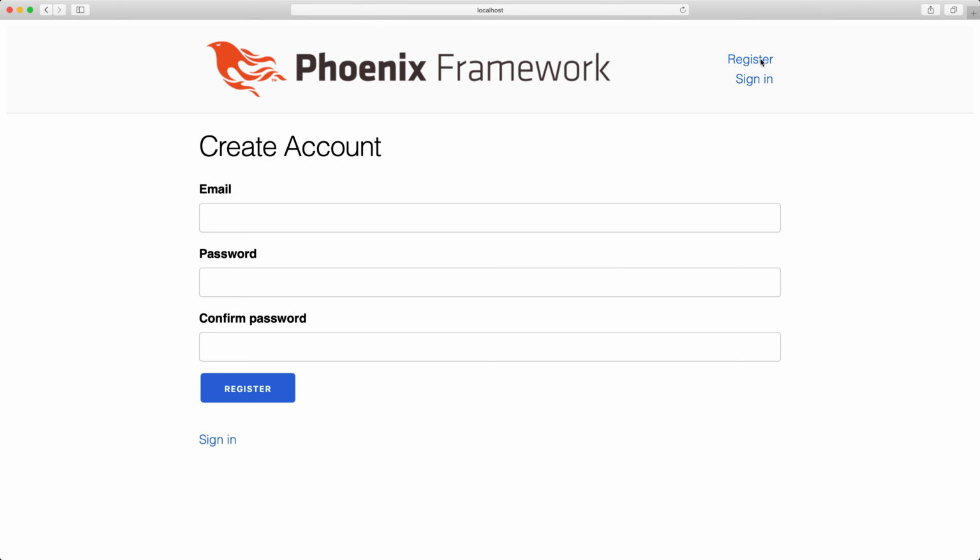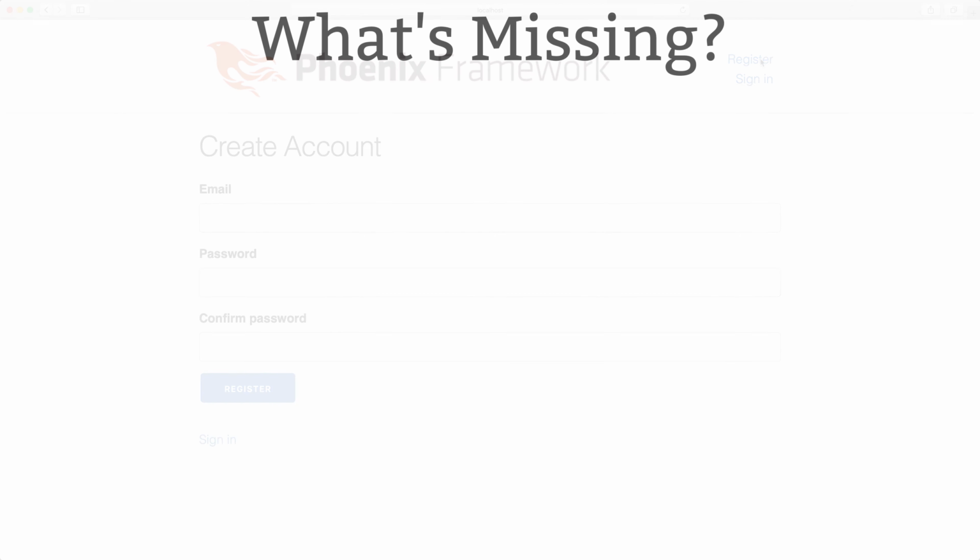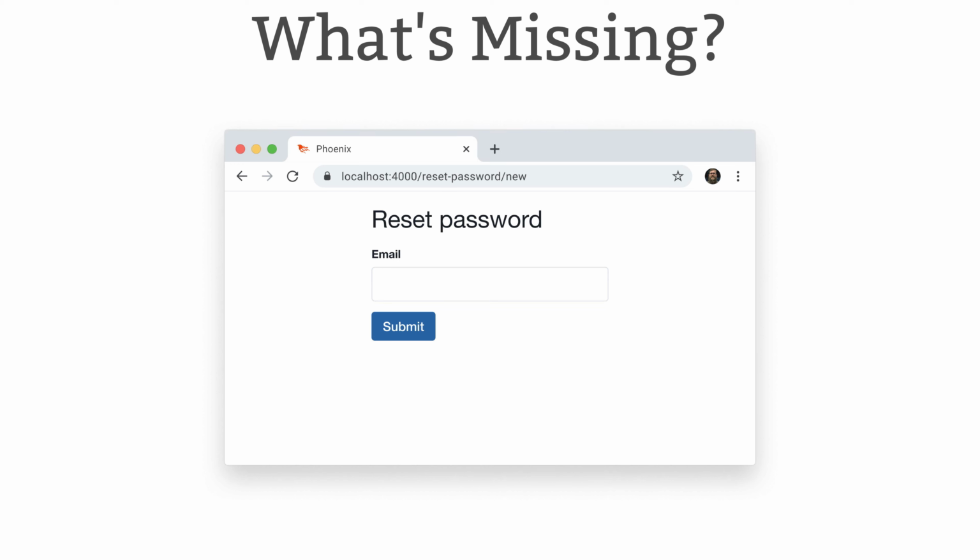is visible. Okay, there's one big thing that's missing from our auth implementation. Can you think of what I'm referring to? How about handling password resets when a user forgets their password? Well, password resets isn't a feature that's automatically enabled, but it is a feature you can explicitly enable, so let's